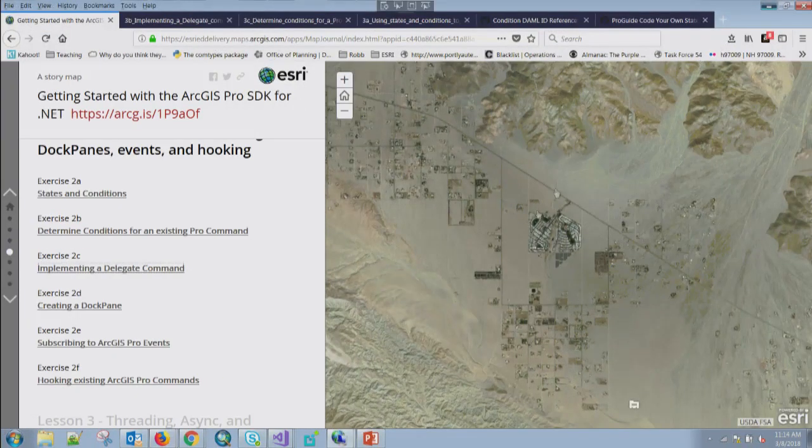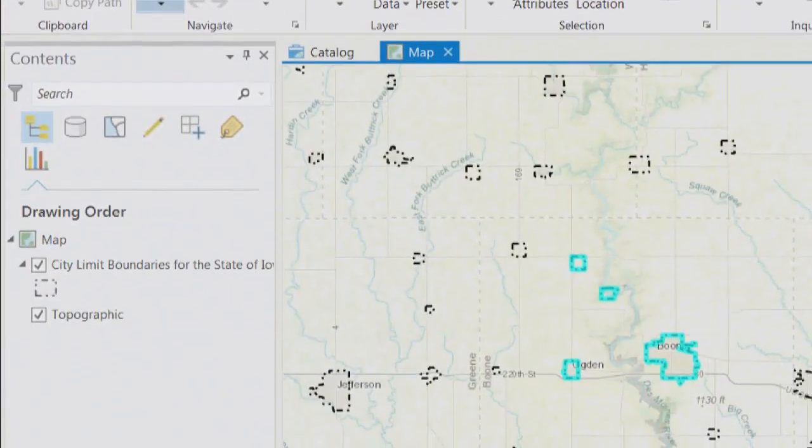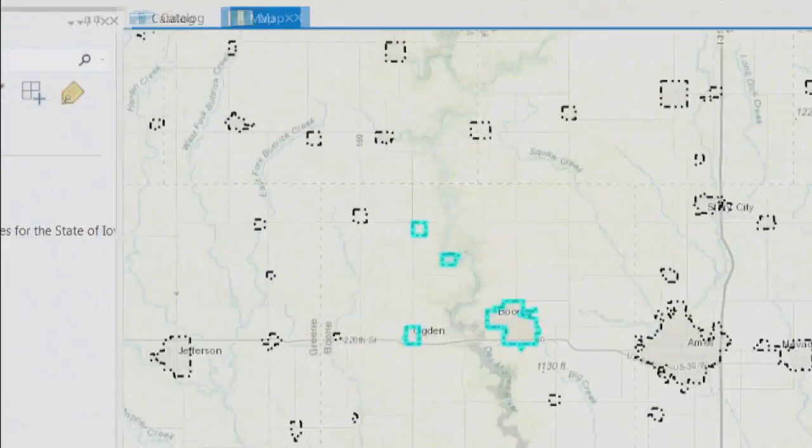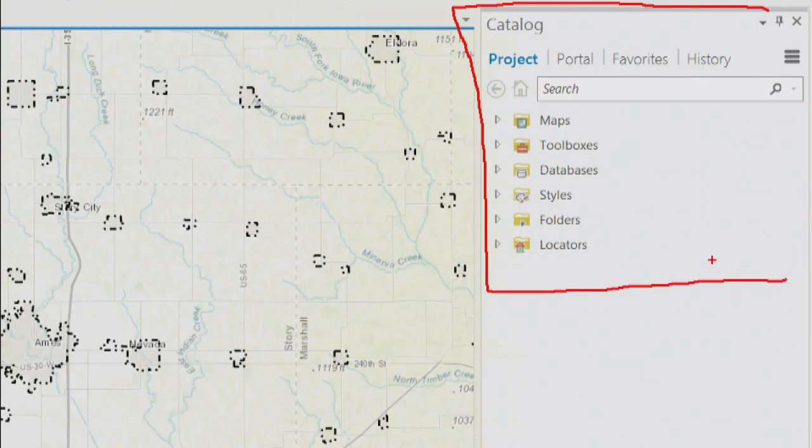So as your user is working along, by the way, the contents over here is a pane, and the catalog window is a pane. So when I'm talking about doc panes, it's one of these that you could design your own doc pane. And within that doc pane, you get to decide what it looks like and what functionality it has. It could have all of your own functionality,